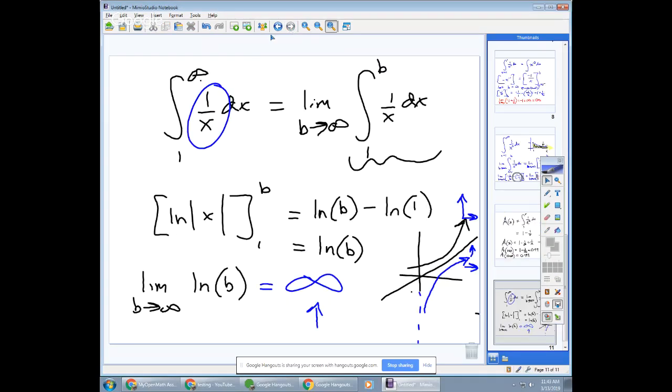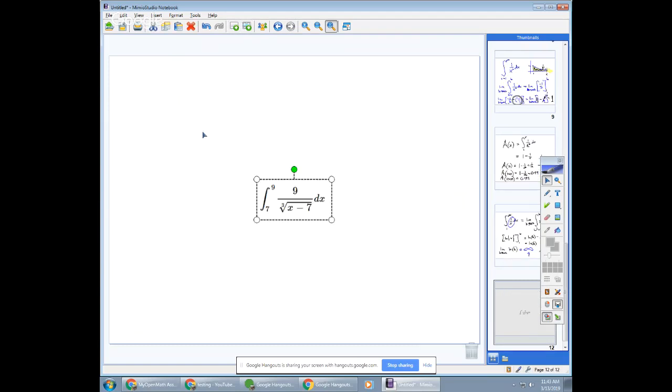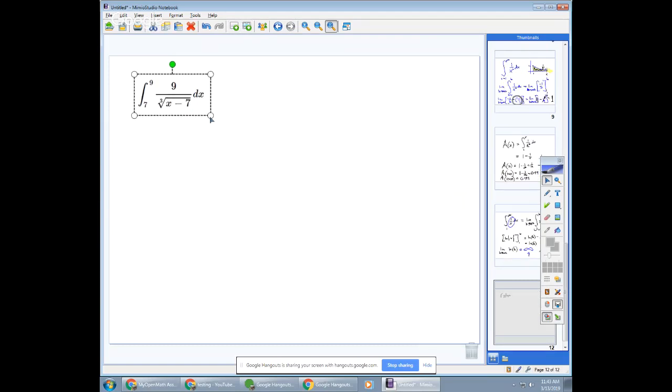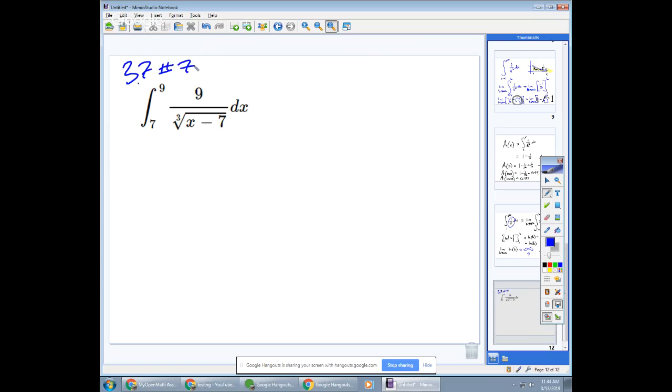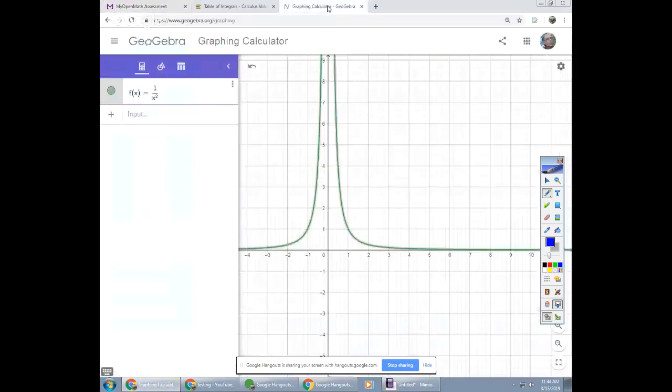This is 3-7, number 7. And the problem here is that this function is undefined at 7. There's a vertical asymptote there. If we were to look at the graph of it, which is not a bad idea, in Desmos,